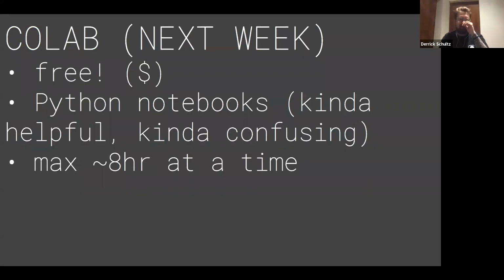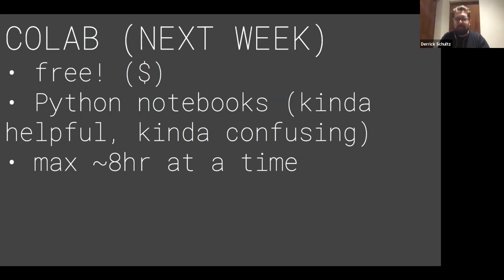Okay, so a little bit about these things, again, to talk about price. Colab is free. It's run by Google. Know that it's Google, so what you upload to Google might be tracked, they may be tracking it. They might not be, who knows? Your feelings about Google's ethics are your own. And I'll say it's helpful to learn this way, but you don't have to use it if you don't want to.